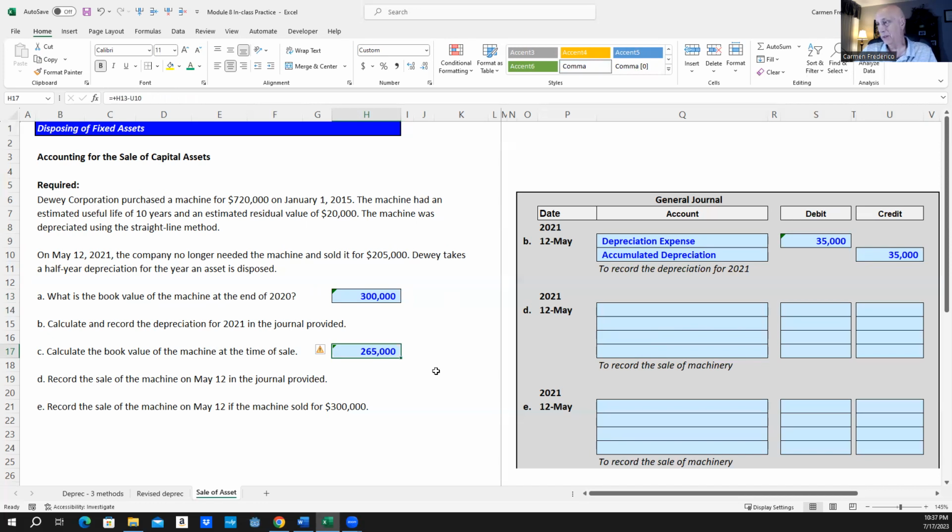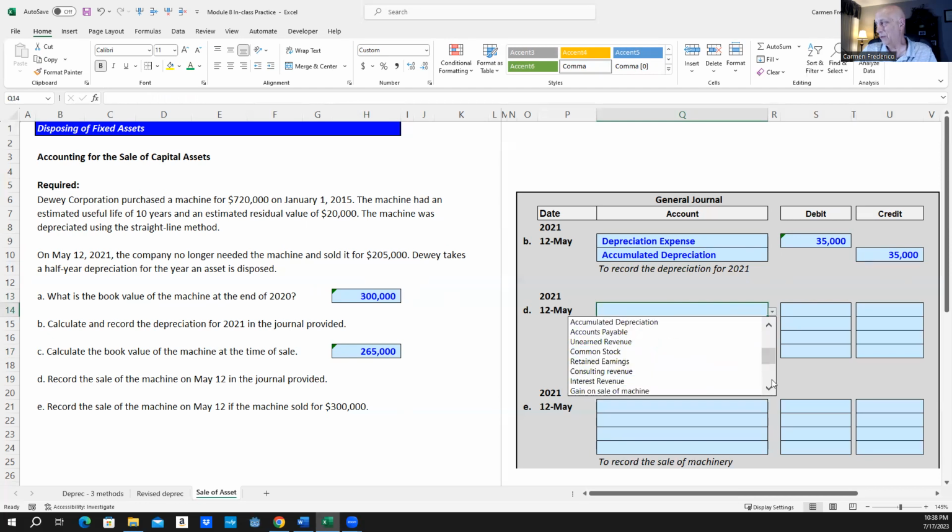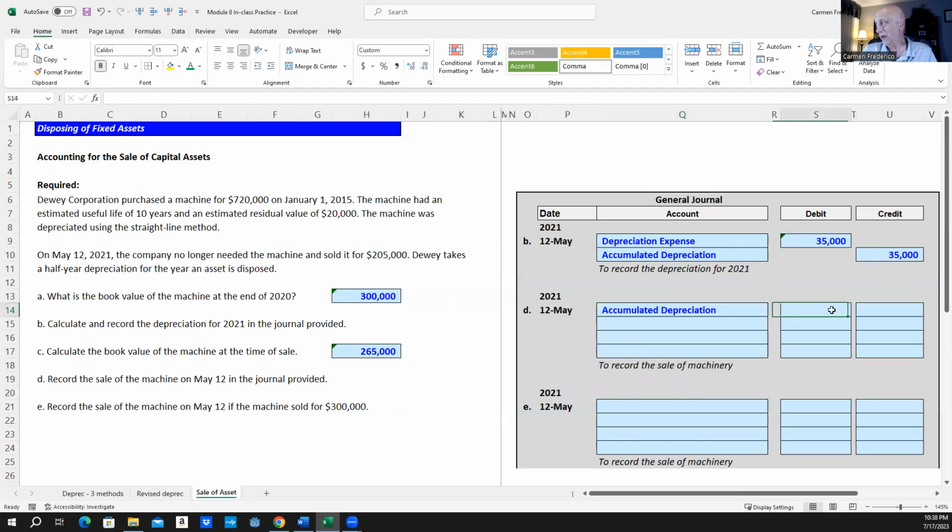Okay, and we always compare the book value at the time of the sale to the proceeds that we got from the sale. Okay, so now we're going to record the sale on May 12th in the journal provided, assuming we got $205,000. So the first thing we want to do is take the asset off the books. Now, how do we do that? Well, the accumulated depreciation has a credit balance, so we're going to debit accumulated depreciation for the total amount of depreciation,